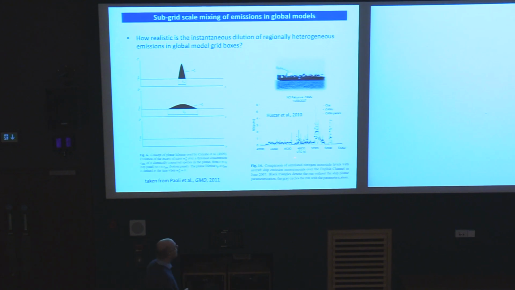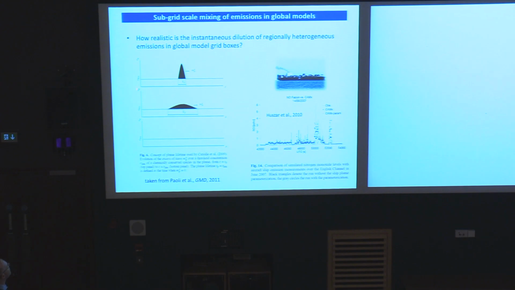So what happens now if you put such a plume into a large model grid box? In order to illustrate this, I've stolen a figure generated by Daniel Carriol. They wanted to show obviously a totally different point with this figure. I'm just abusing it for my own purposes, so sorry, Daniel. The x-axis here may illustrate the extent of my grid box. And the ship is now traveling through my grid box, and there is a plume of NOx.